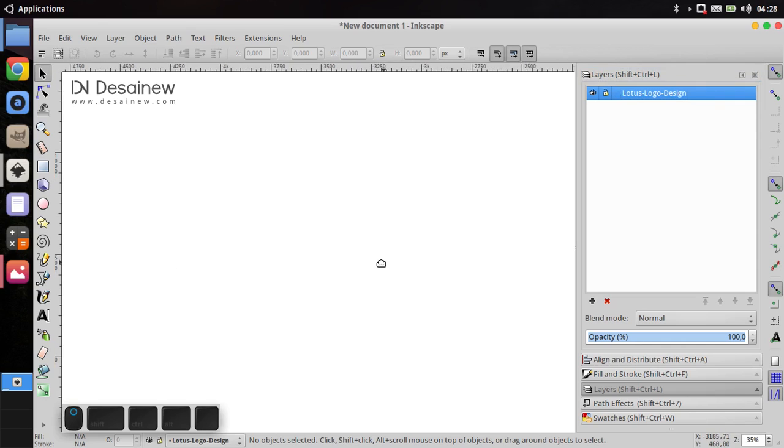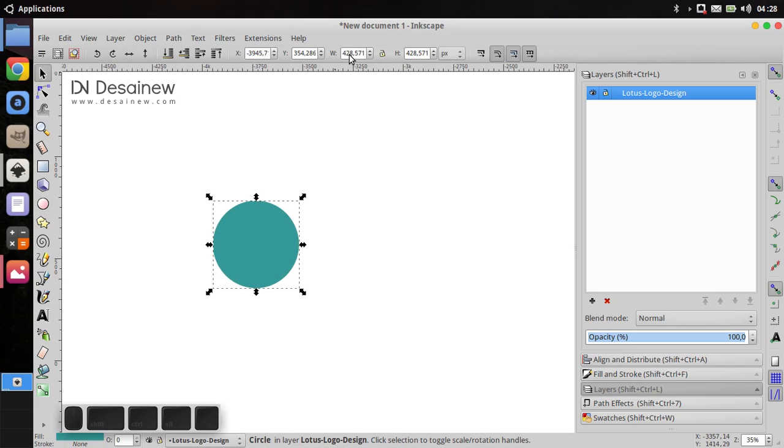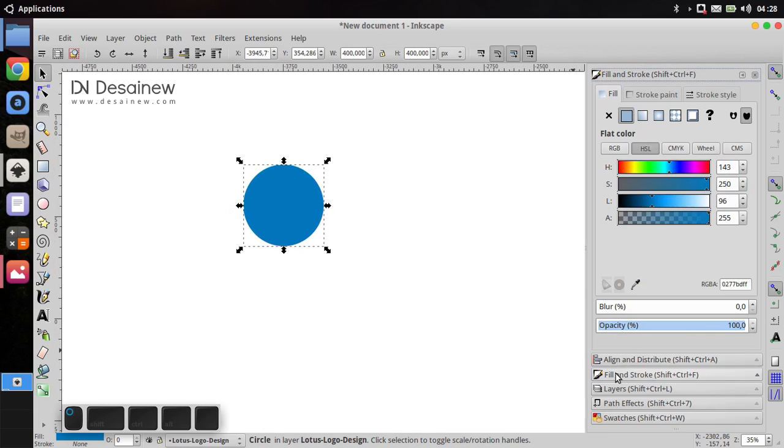Okay, create a circular object with a size of 400 for width and 400 for height, like this. Here I give a blue color, like this, and reduce the opacity to 60, like this.